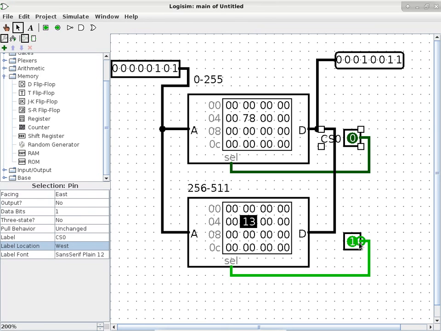I don't know if my question can be answered. Like number 78 in there, what location is that occupying? It's 78 in hexadecimal. According to the way I assigned the addresses, the location that has a content of 78 is 05. It's 05 because everything on the top chip, according to this assignment, would be location 0 to 255. But on the chip itself, the first row would start with location 0. The second row starts with location 4. So this is location 4. This is location 5.